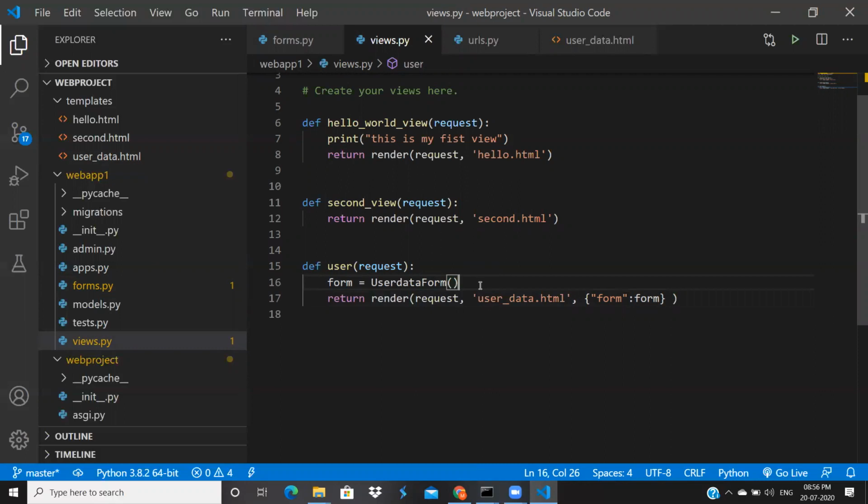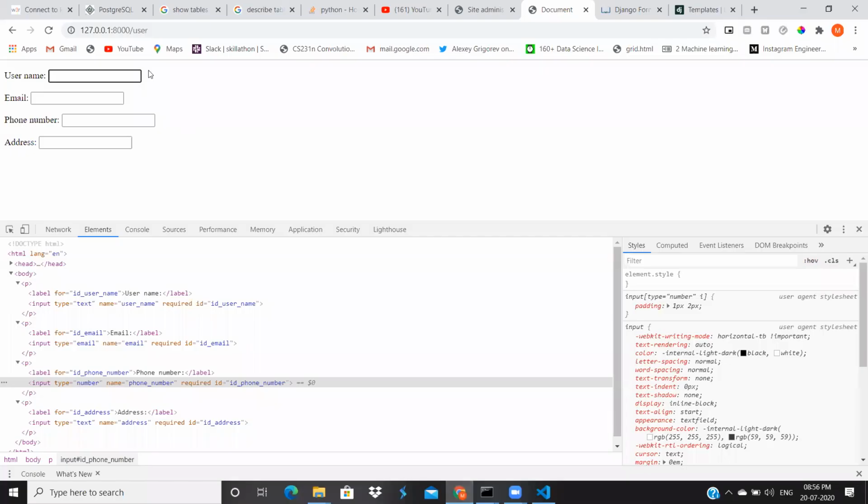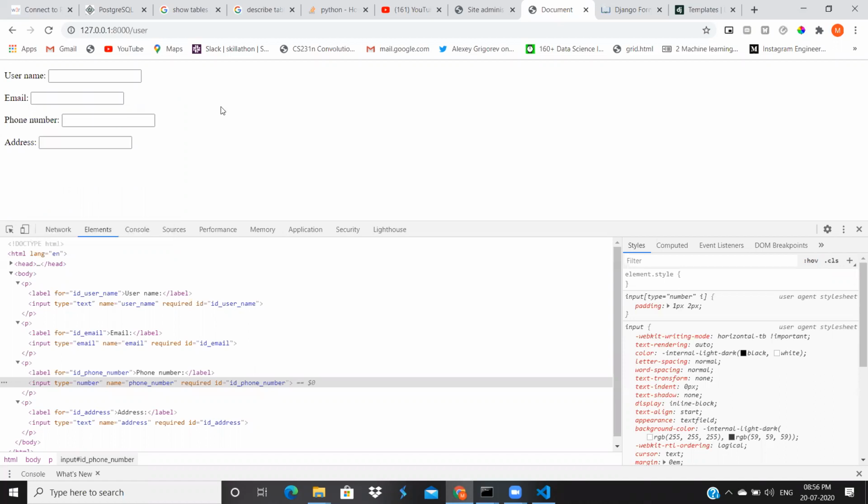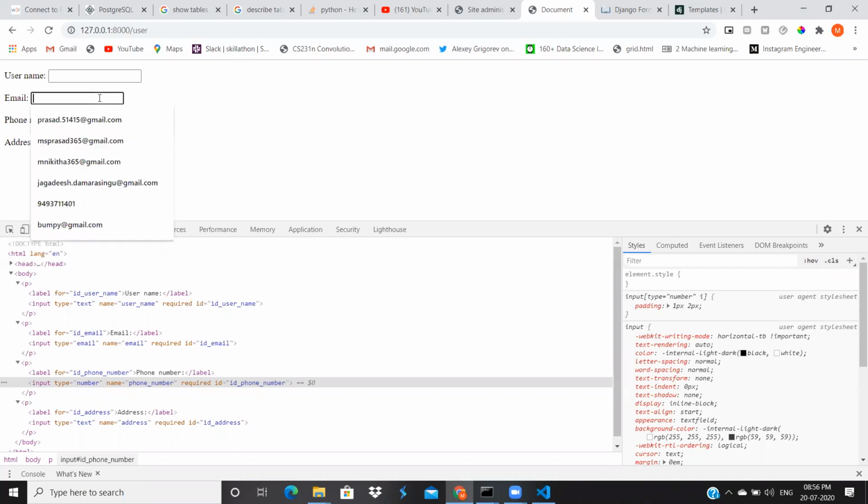Because in some situations you are expecting a username here, you are expecting email in an email format, but the email is not in a good format. He is sending some malicious data, or he is sending dot dot dot at the rate email dot com. In that situation, we don't store that data in the database.